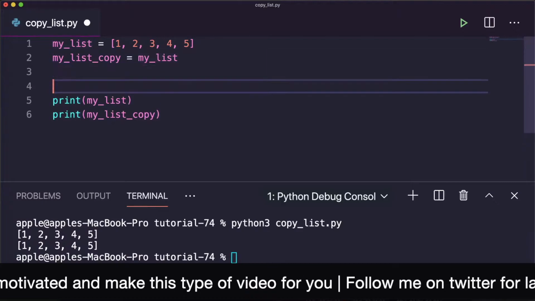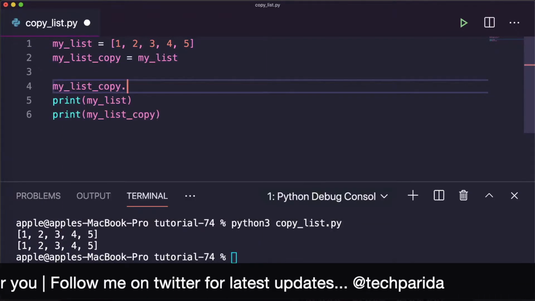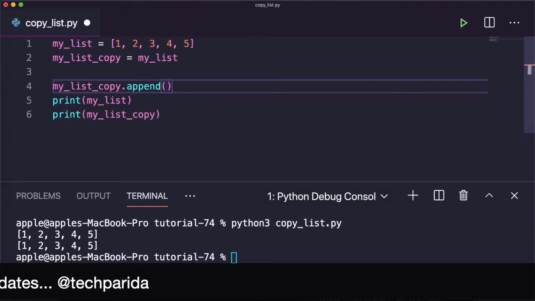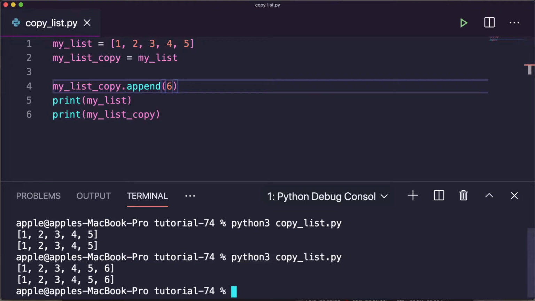Let's change something here: my list copy dot append 6. Here, if we add 6, it will change in both: 1 2 3 4 5 6, right? So it means we have shared the same reference with another variable. We have not duplicated the list here.